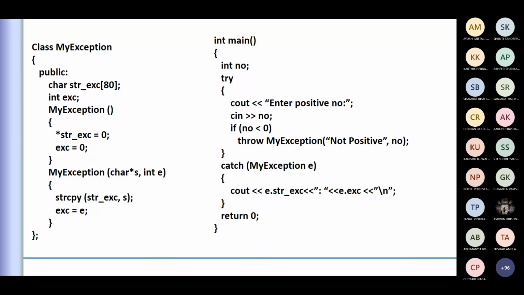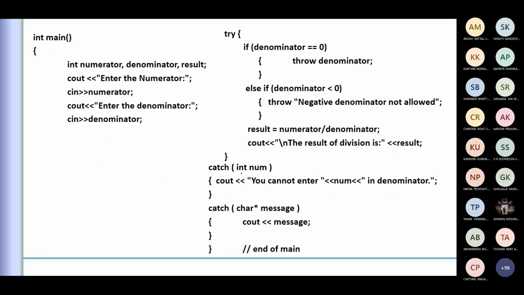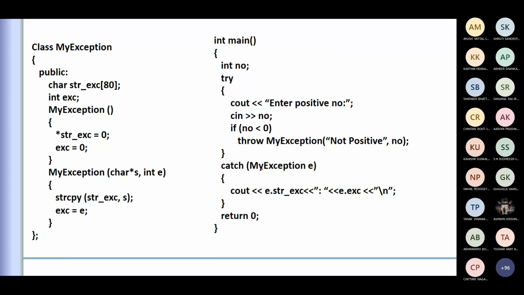Now observe the previous case. In the previous one, we were throwing an int, a system-defined type like integer or char. But now I'm writing an exception type which is a class type, a user-defined one. So it will come to this particular catch block and print. Here, e is nothing but the object of MyException, and whatever is stored here is going to come here, using e dot, whatever the number is.